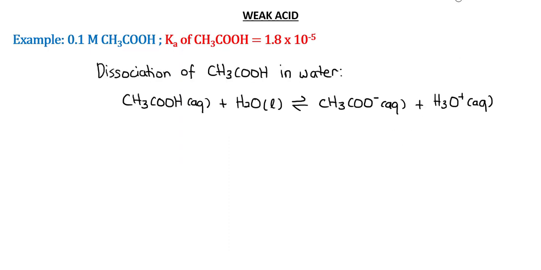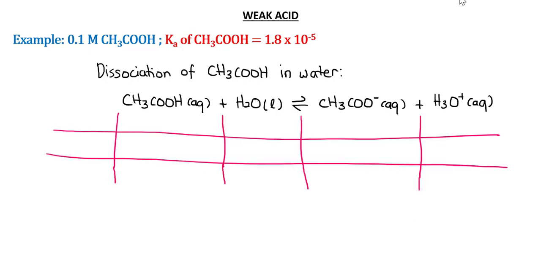To determine the pH of the weak acid, again we are going to need the dissociation equation for the acid. Since acetic acid is a weak acid, it will dissociate very slightly in water to form the acetate ion and hydronium ion. So remember, we are going to use a reversible arrow in this reaction. Next, construct the reaction table that consists of the initial concentration, change in concentration, and concentration at equilibrium. Initially, there is 0.1 molar of the acetic acid, and again for the pure liquid or pure solid, just ignore the column and there is no concentration of the ion products.